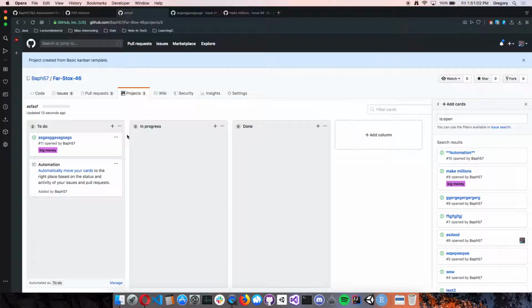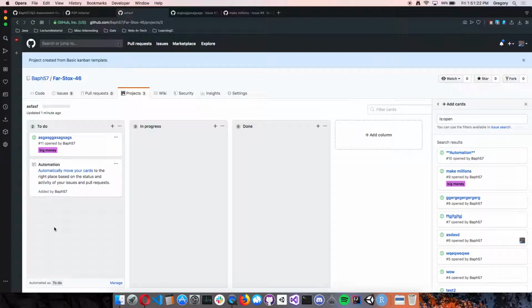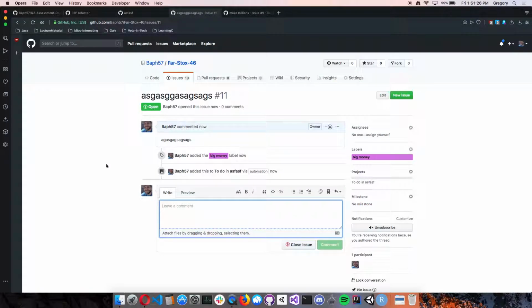So I started with a basic. You just manage the automation in the upper right. And then automation only works, as far as I know, with issues. So if you did want to automate them, you would have to do issues. And there's also this weird thing with issues. I just created this issue, right? And I want to start working on it. For whatever reason, I ran this by John too, he couldn't figure it out. You can't actually start working on it from the